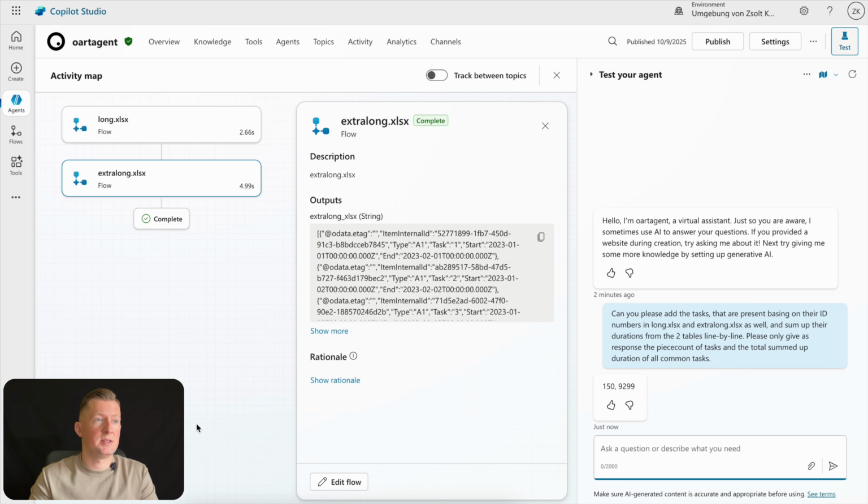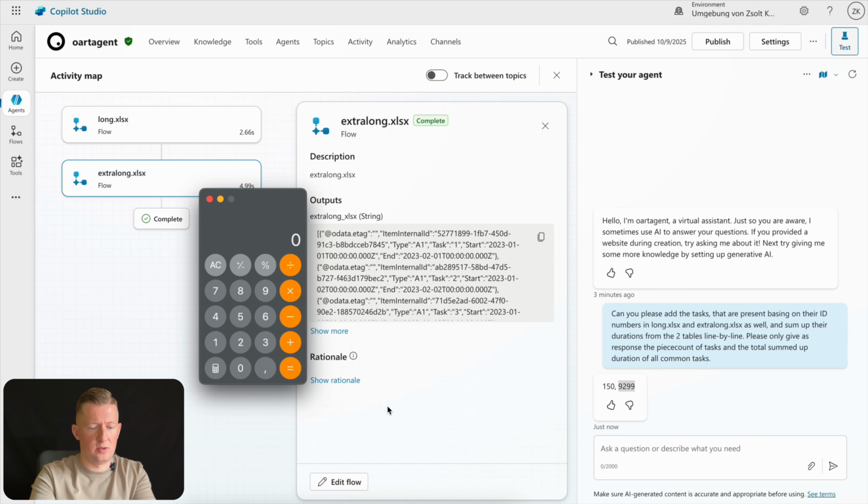We received the results now. 150 is the piece count of tasks, it's correct, and the duration is 9299. We can quickly check it, approximately this number. We need to multiply 150 by